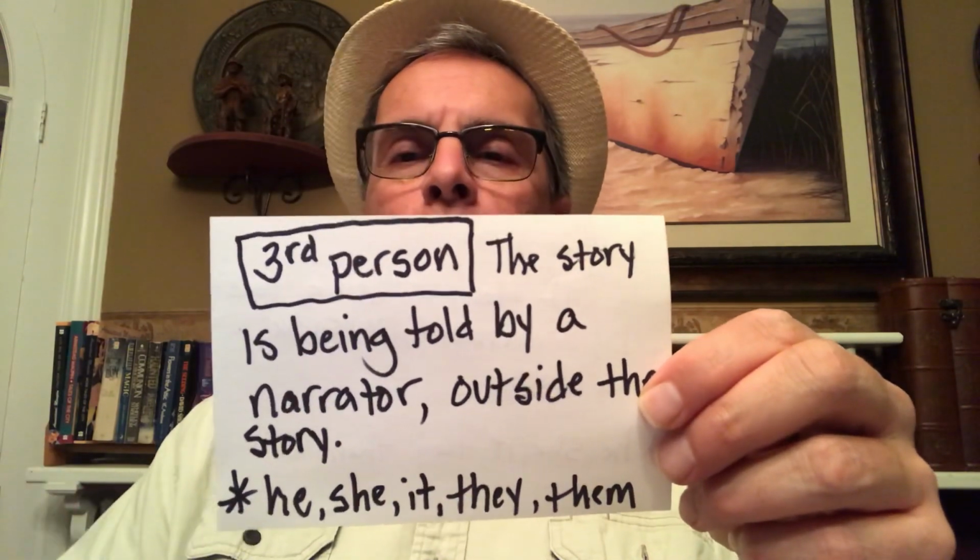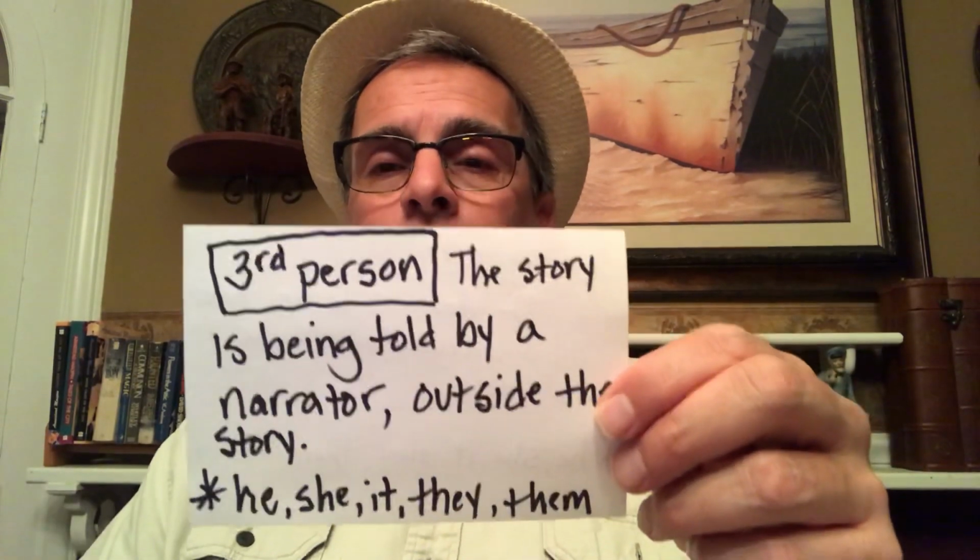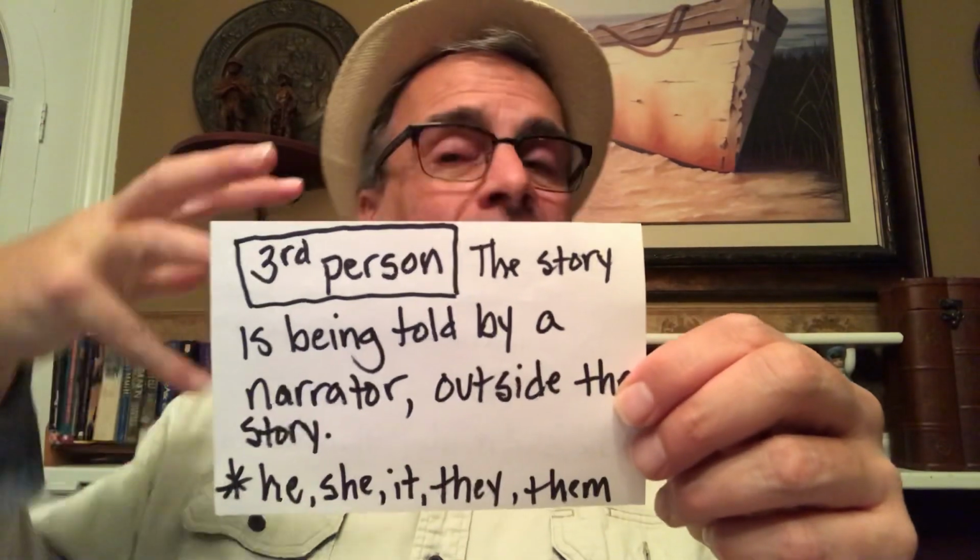You open a book and it starts out with, he went down to the river with his fishing pole. Right away, you know that is third person point of view. Those are pronouns that are a dead giveaway for third person,